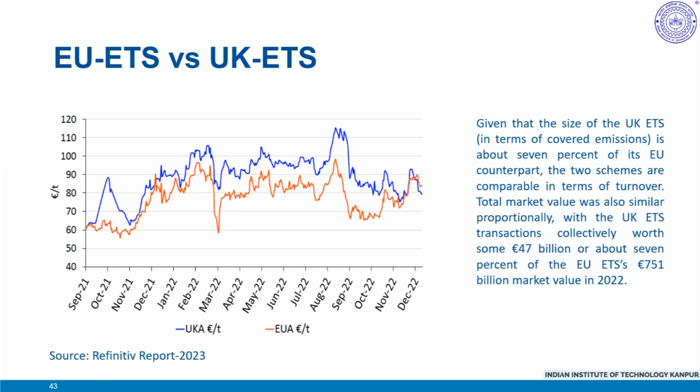Looking at the price fluctuations of allowances in EU-ETS and UK-ETS, it seems that the prices at UK-ETS are slightly higher, but they move pretty much in tandem with the EU allowances. As we can see here, there seems to be a high correlation and they fluctuate together. And given that the size of UK-ETS is about 7% of its EU counterpart, the turnover is also similar in